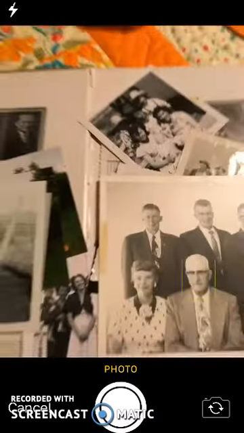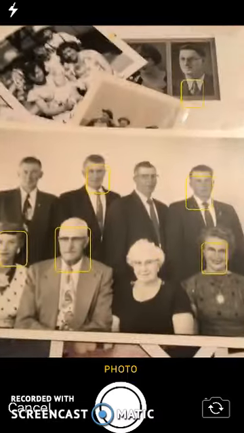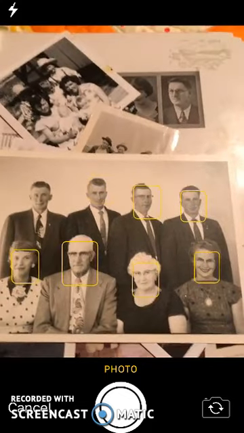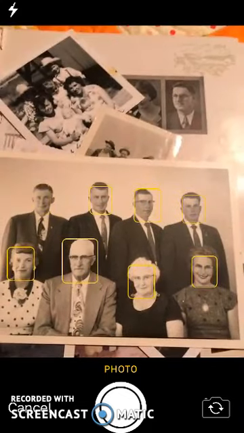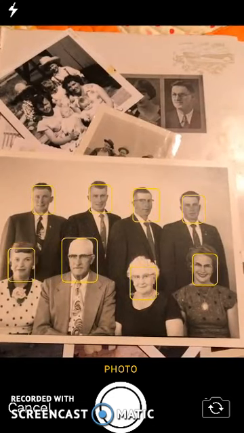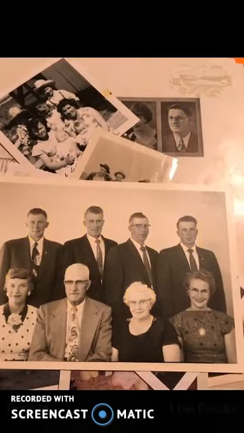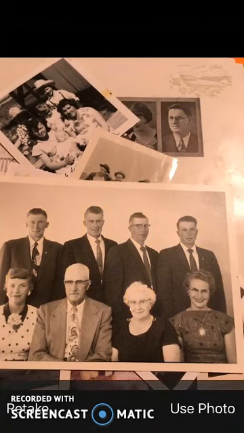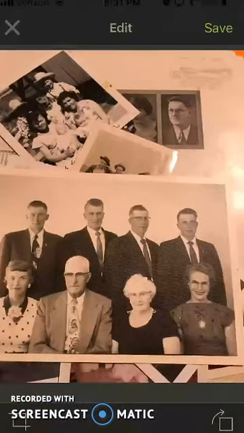So say you're at your grandmother's house and you come across some photos that you've never seen before. You don't have your scanner with you, but you have your phone. So you can just click the add photo and it gives you the option to go to your camera and you can just click on that photo. Then you can say use photo,